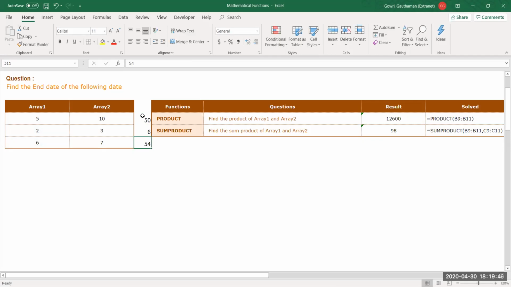Now when I add these, I'll get 98. You can see the status bar shows 98.